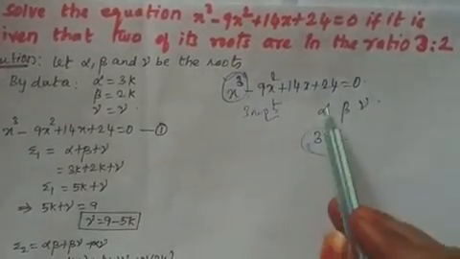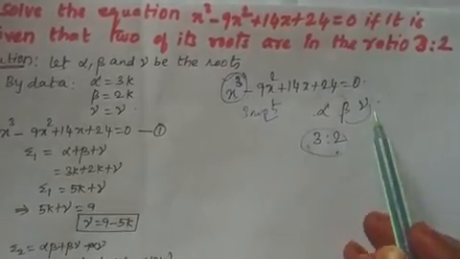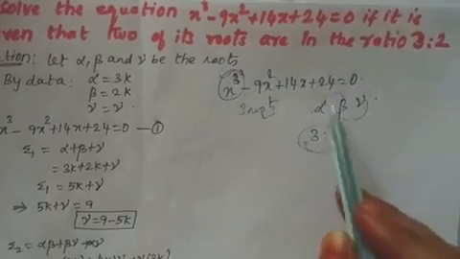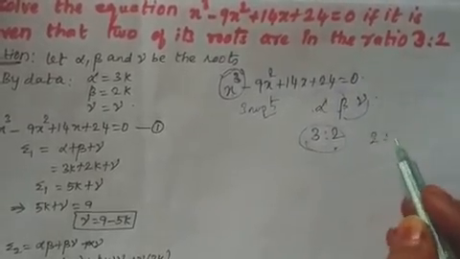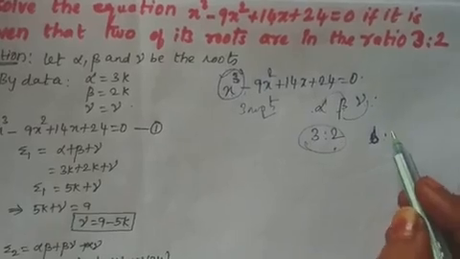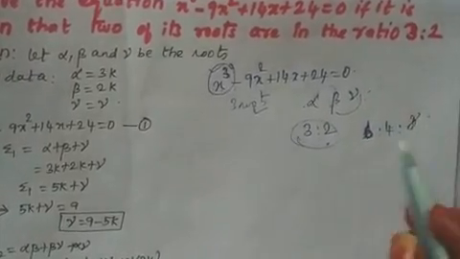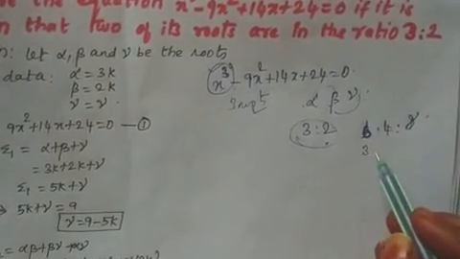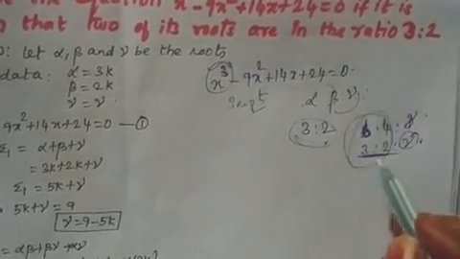So among the 3, any 2, it can be the first one and second one, or the second one and third one, or the first one and third one. It is our convenience only. Any 2 among these should be in the ratio 3:2. If I am getting something like 6:4, dividing by 2 gives 3 and 2, and gamma let it be as it is. So we are getting these 2 roots to be in the ratio 3:2.